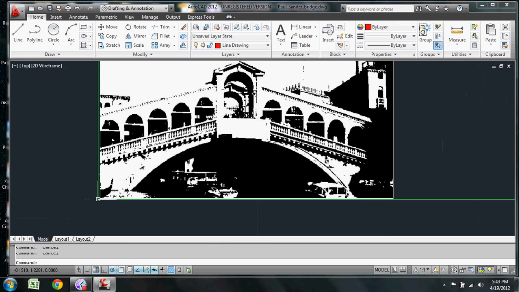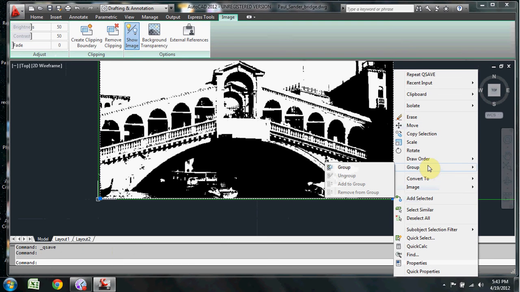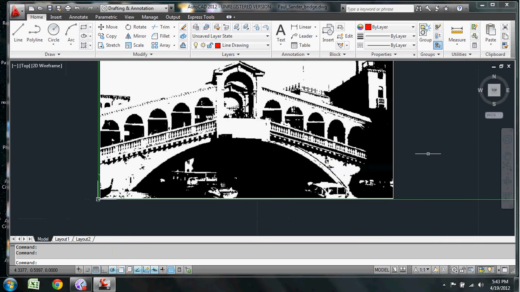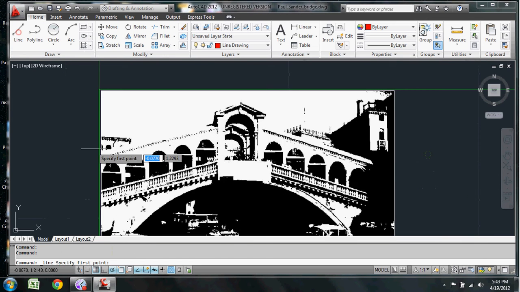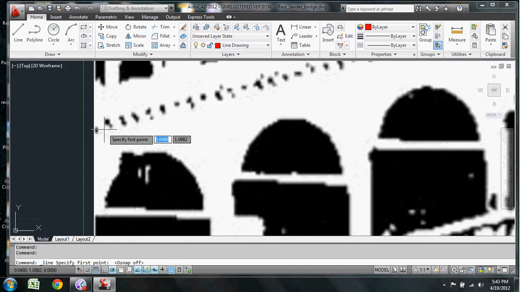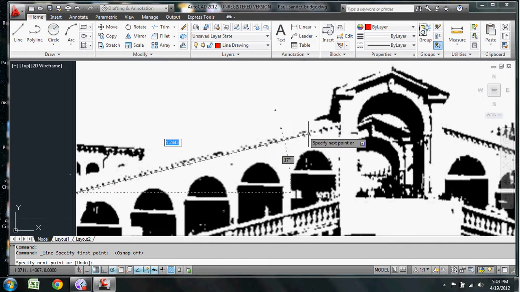Okay, so we can save this image, and again we can make sure that this image is sent to the back. And I'm just going to draw a couple of lines to test to make sure we can see the lines. That's good, we can. Great. So I'm going to start by using a line. I'm going to turn off Object Snap and just draw the line right here. And I'm going to continue drawing lines. I'm going to make some geometric simplifications